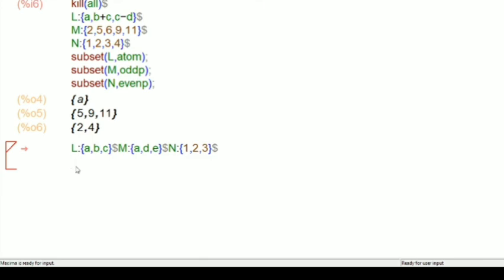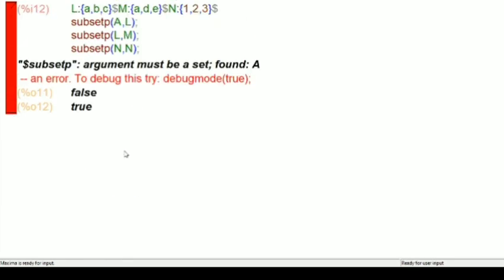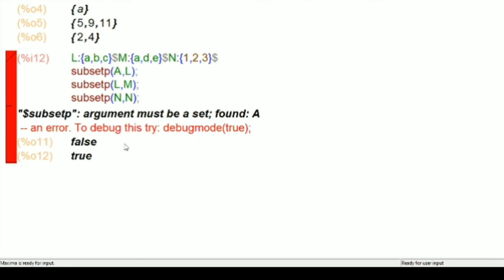Now, we'll write the subset predicate whether your A is a subset of L. Subset predicate whether your L is a subset of M. Subset predicate whether your N is a subset of N or not. We'll predict. See, argument must be a set.